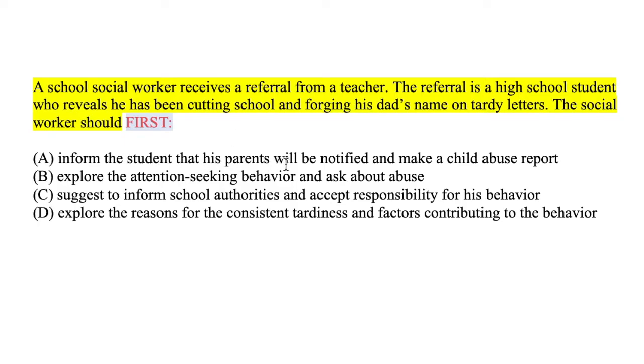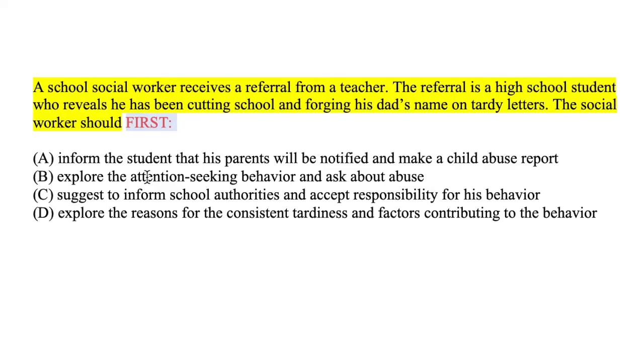Inform the student that parents will be notified. Now, this student is in high school, so we're going to make the assumption that they're around the ages 14 to 18. So there's still the need to have some privacy here. There hasn't been anything said that would let us know that the parents need to know something. So maybe we would have to involve the parents, but is it the first thing? Again, this is the key word, first. Is it the first thing that we would do? No. So let's go ahead and start by doing the process of elimination and crossing off A.